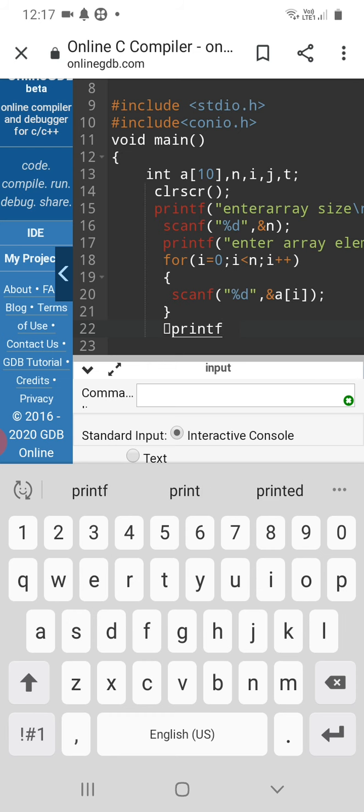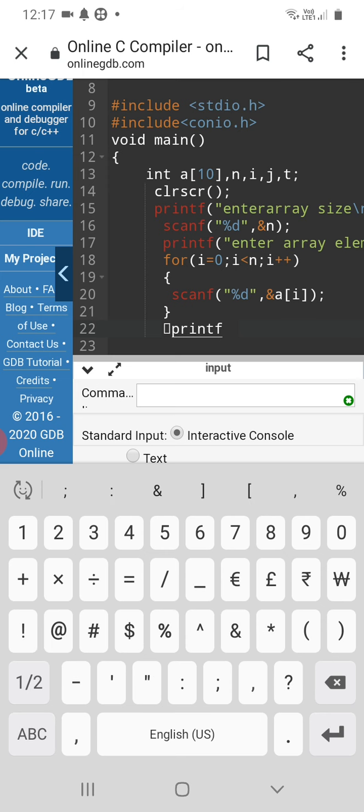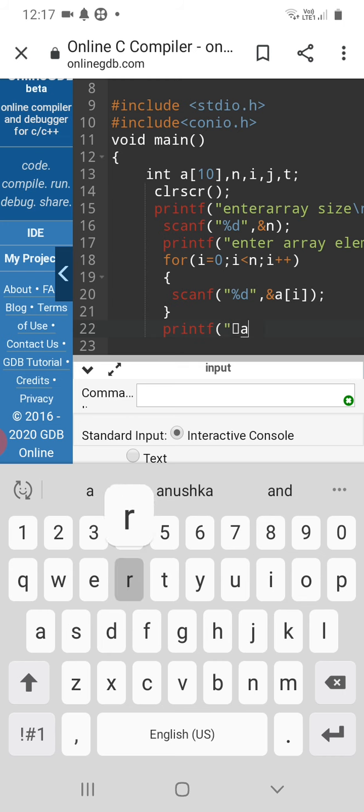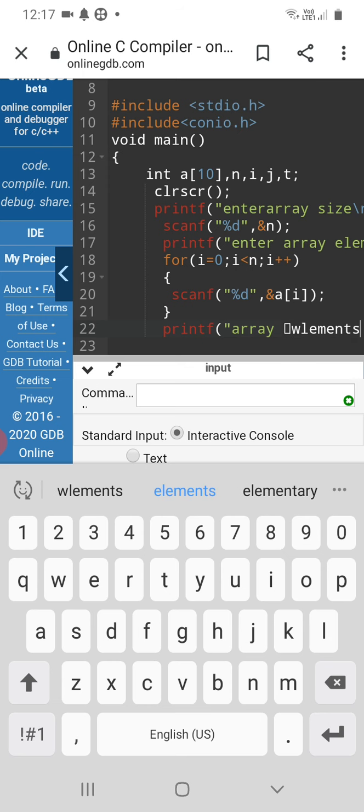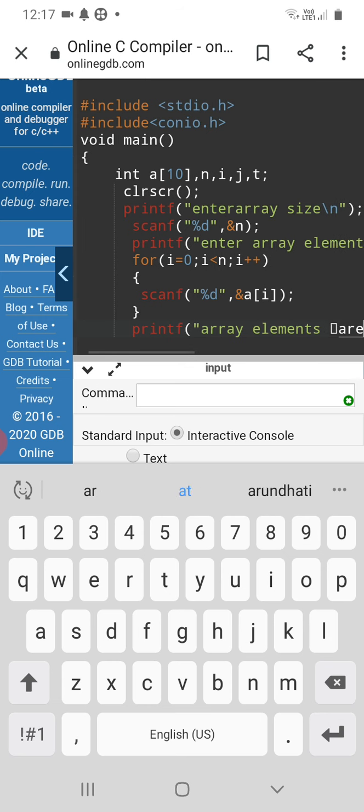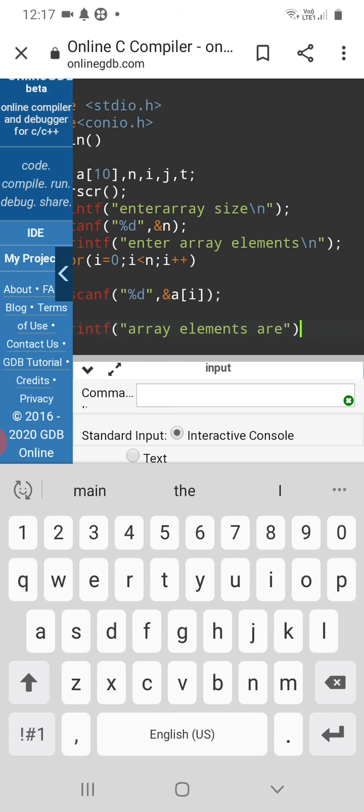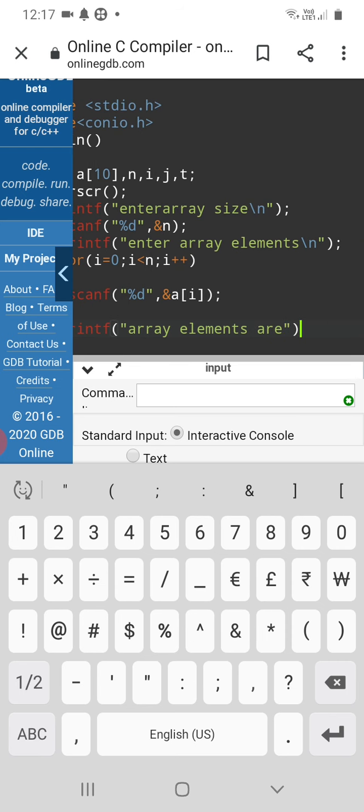Printf, array elements are, close the statement with semicolon.